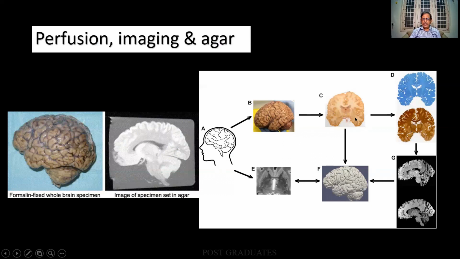Then slices are being made. After the slices are being made, these are again being fed into the computer. And you get multiple levels, sections. It can be coronal sections, it can be sagittal sections. And they are all again being refed into the computer and organized so that an entire three-dimensional picture of the brain at different levels can be restructured. By this, one can study the anatomy and the morphology of the brain. This is being used very much in radio diagnosis and of course in teaching as well.